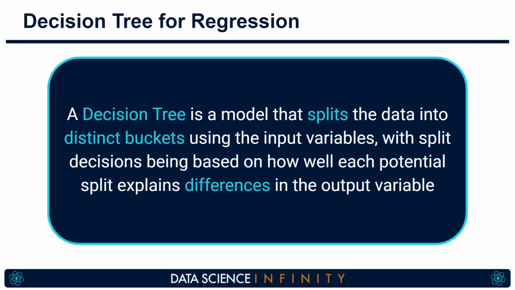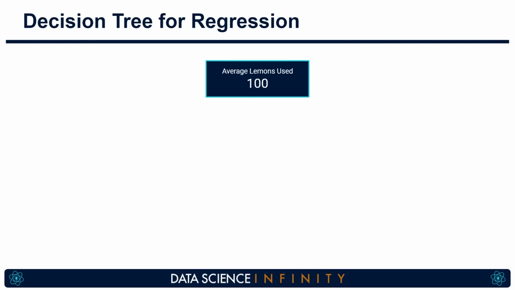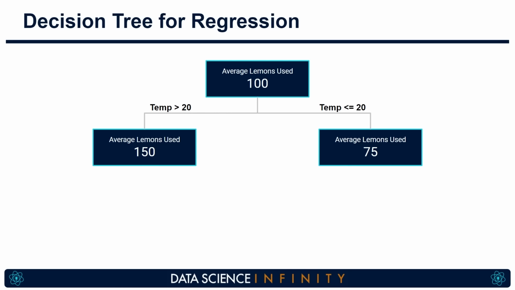So with a decision tree, we start with no splits at all, or in other words, with all of our data. And we can calculate that across all days in our data, the average number of lemons used is 100. What the decision tree will do from there is to test all the possible ways it can split each input variable, and for each one of these potential split points, it will assess how much difference there is in the output variable, and it will select the split with the biggest difference. In the case of Lucy's lemonade stand, it wasn't whether it was raining or not. The biggest difference in the number of lemons used was a split in the daily peak temperature, and more specifically, a split at temperatures on either side of 20 degrees Celsius.